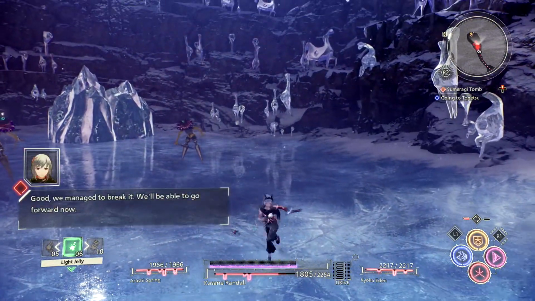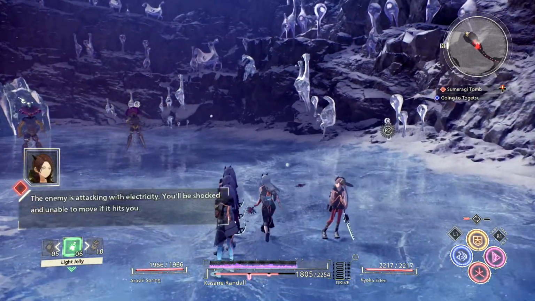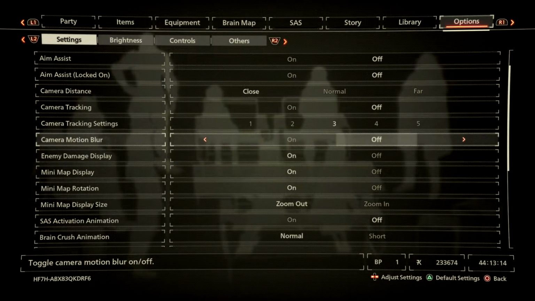Okay, good. We managed to break it. So check this out. We'll be able to go forward now. The enemy is attacking with electricity. As soon as you lock on, you'll be shocked and unable to move if it hits you. It basically just instantly snaps, right? Even though